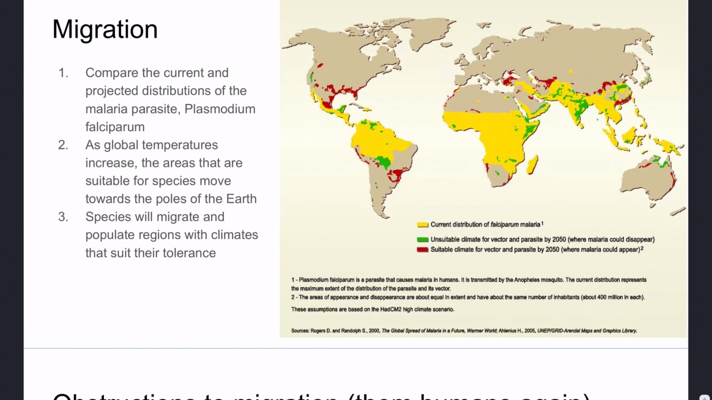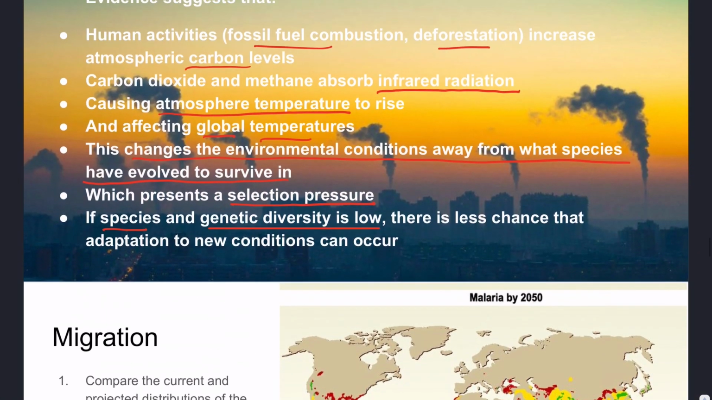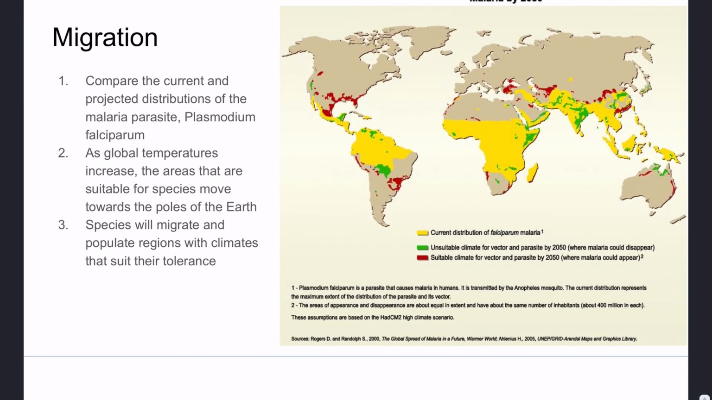Okay, so then what organisms can do in response to changing conditions is migrate. This diagram here is an example of one particular organism, Plasmodium falciparum, that causes malaria. The yellow is the current distribution of the parasite that causes malaria, because it's adapted to survive at a certain set of conditions which are found in these geographical locations. The idea being that by 2050, if climate change continues,